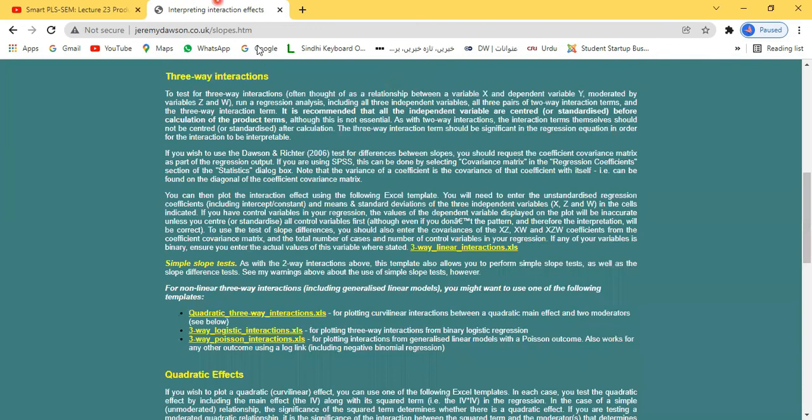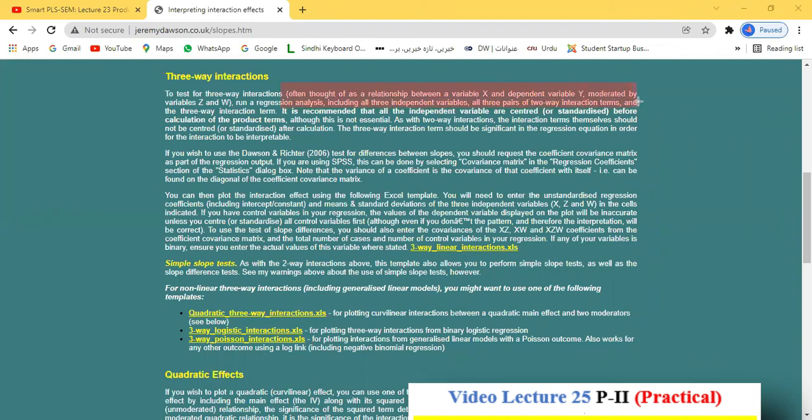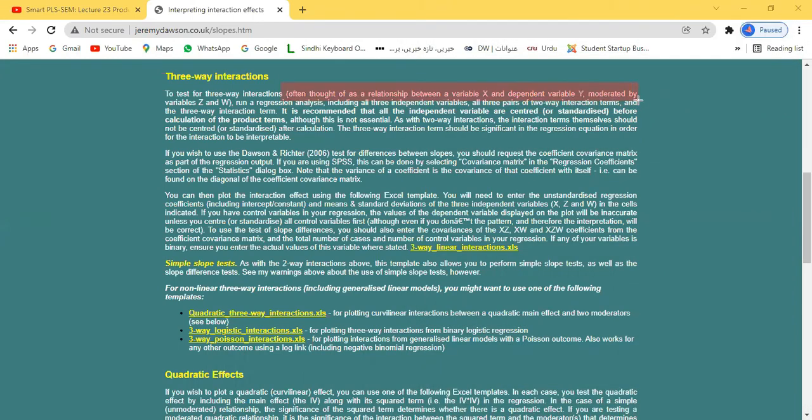If we go further down, here there is the three-way interaction effect. What is included in the three-way interaction effect? Again, it is the relationship between the variable x and the dependent variable y, moderated by z and w. So z and w are the two moderators.